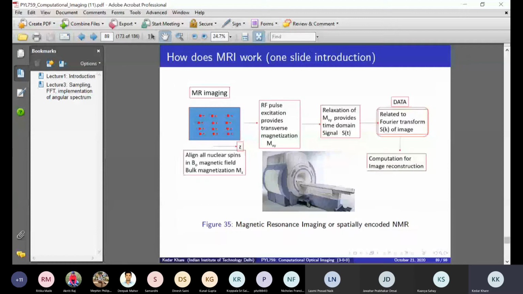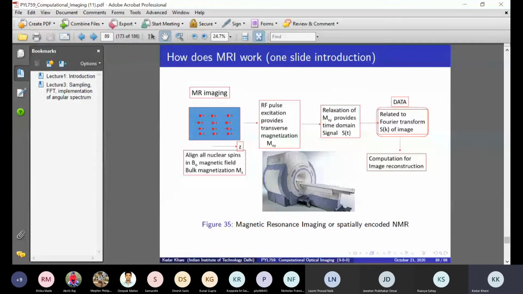So the first case, I have one slide introduction to what is MRI. Are you people familiar with the notion of NMR, or nuclear magnetic resonance? Or Larmor frequencies and things like that? Yes, sir. So the word nuclear has been removed from the system's name, magnetic resonance imaging, because if the nuclear name is there, then people are afraid of it. Although what we are doing in an MRI system is playing with the nuclear spins.